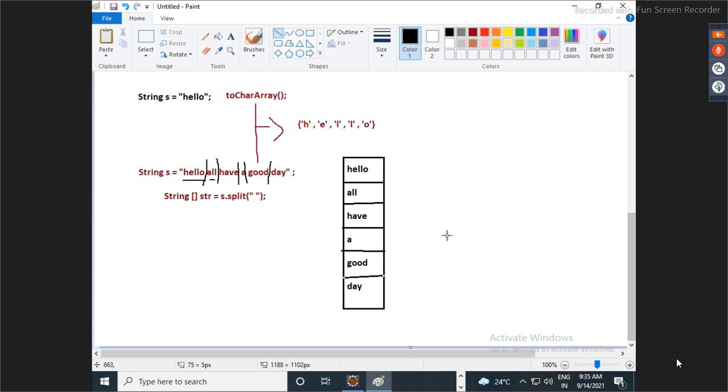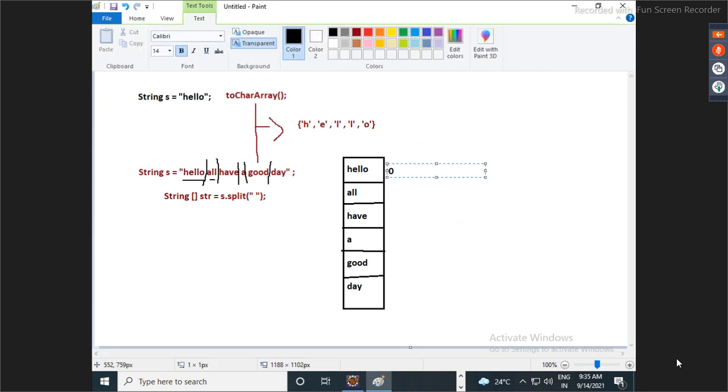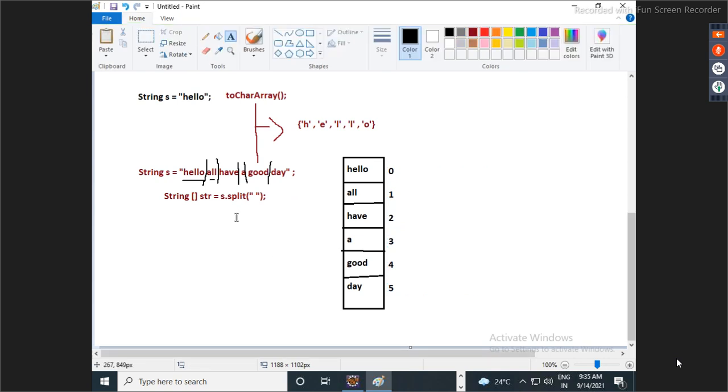Now, guys, you are aware these indexes start from which point? 0. So 0, 1, 2, 3, 4, and 5. Is my point clear?